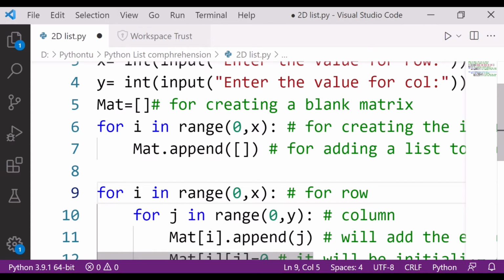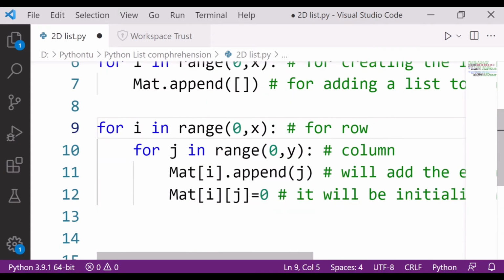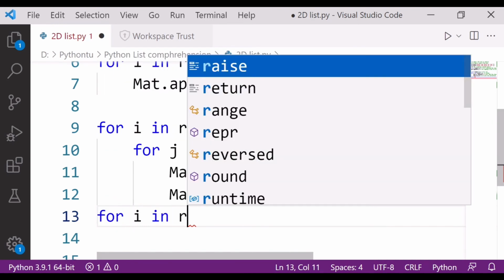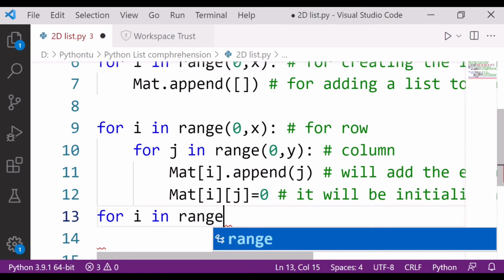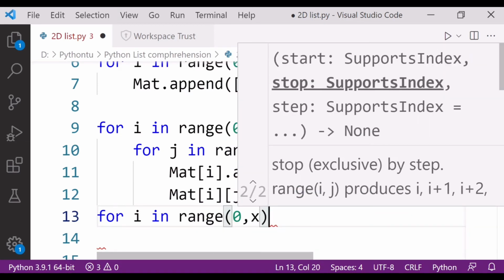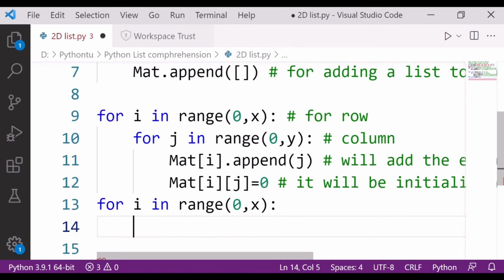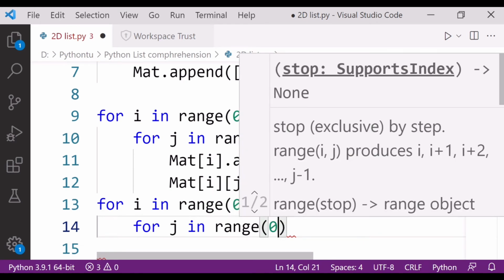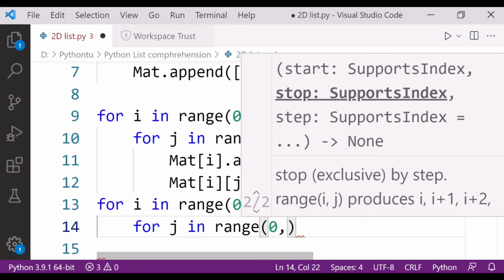So next, now the next thing I am supposed to do, let's start for i in range, that is 0 comma x. Now the portion for j in range, that is 0 comma y.